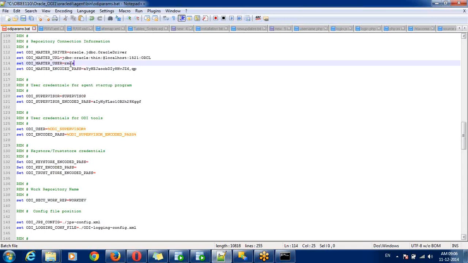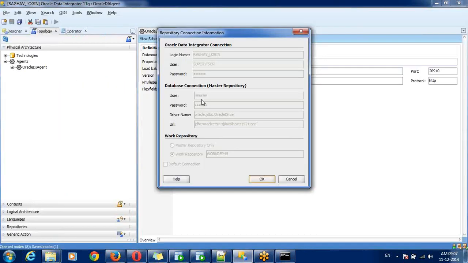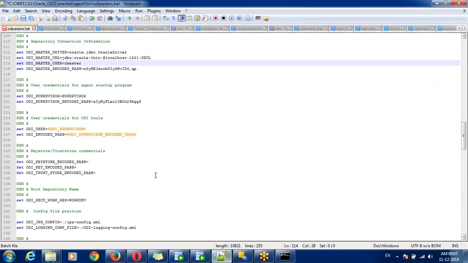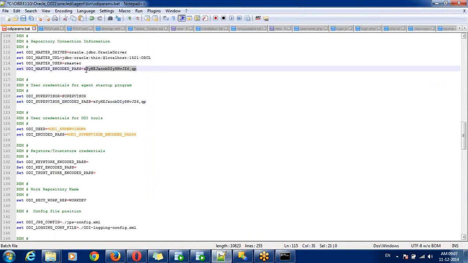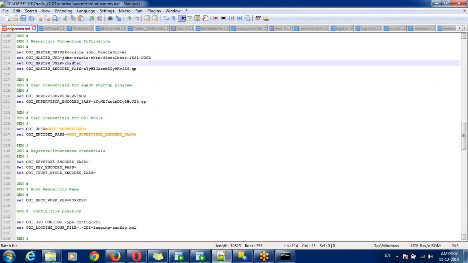Here my user is R master. My supervisor password is welcome, but my R master password is R master only, because my user is R master.